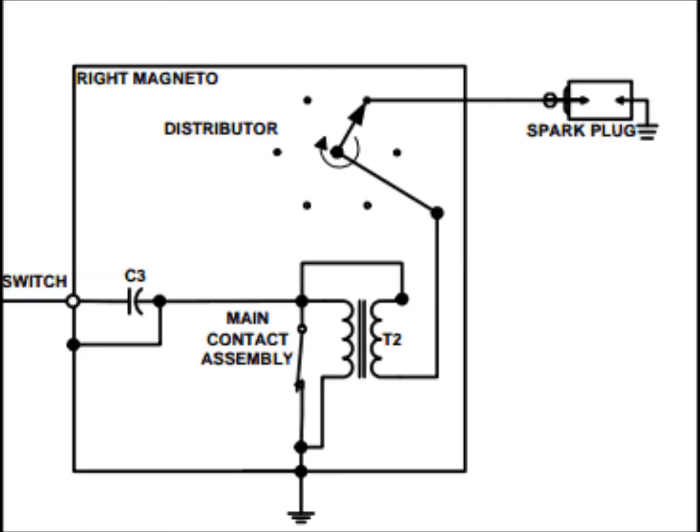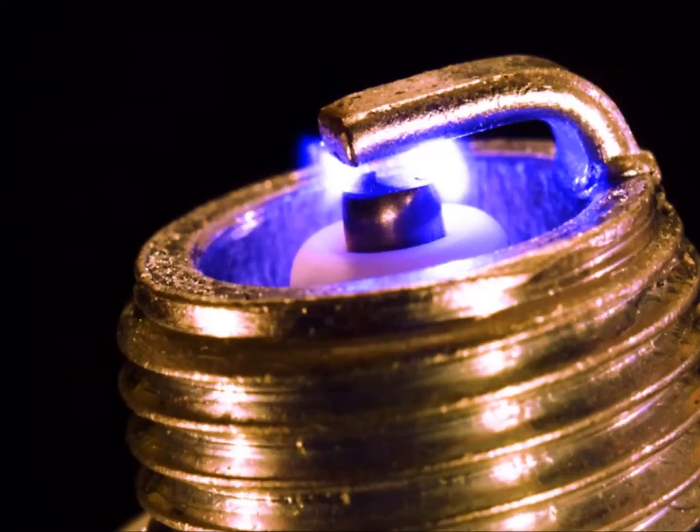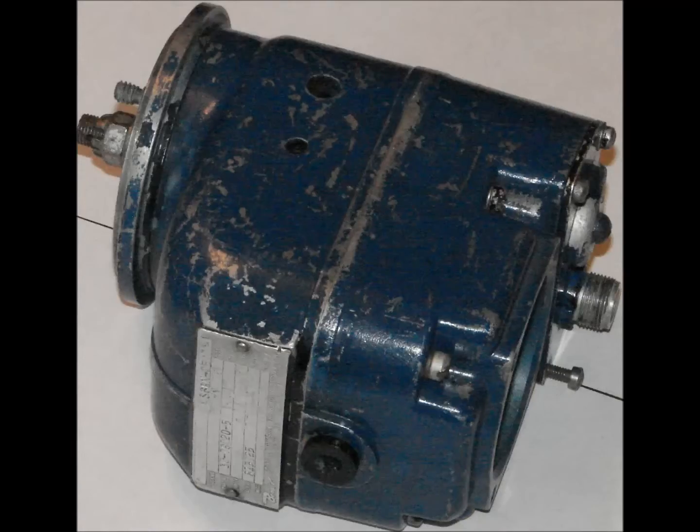The current is then routed to a distributor where it crosses a small air gap, travels down a lead, and creates a spark inside the combustion chamber. There are many parts inside of an aircraft magneto, and I will now take the time to explain a few